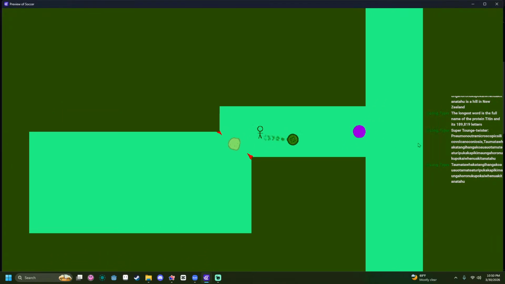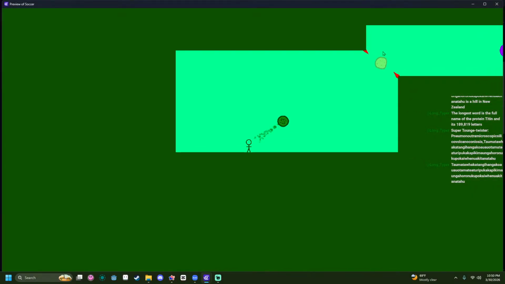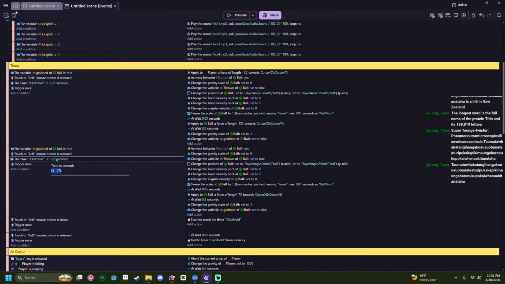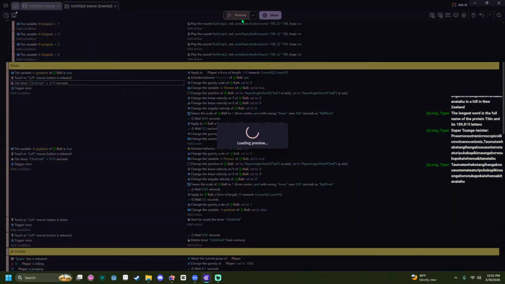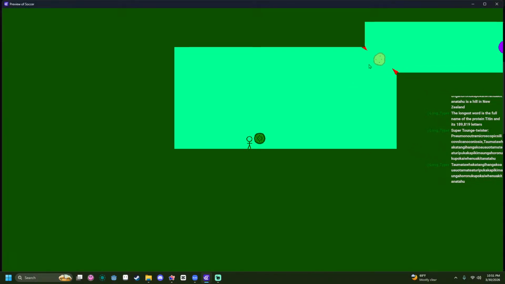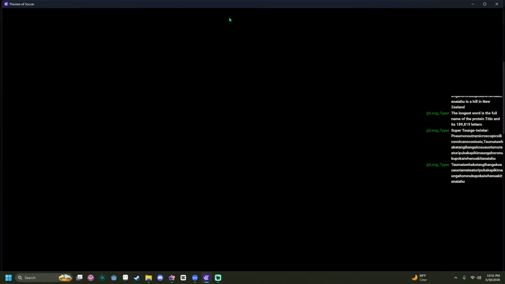Damn. You know, we can actually make it very short. Honestly, 0.1. I want it to basically be that if you just click without holding at all, it doesn't work.